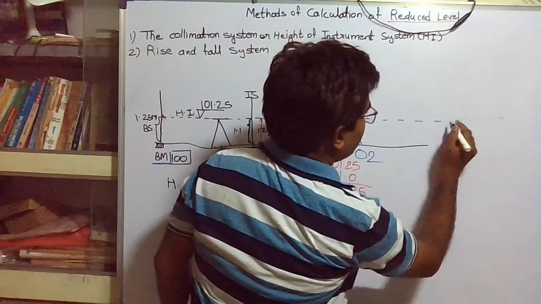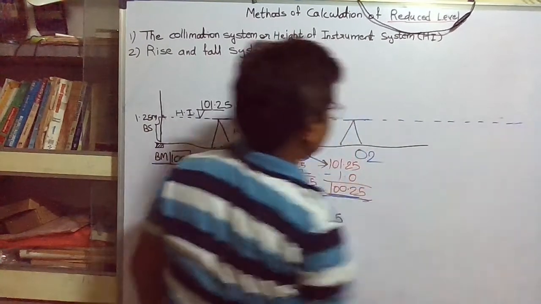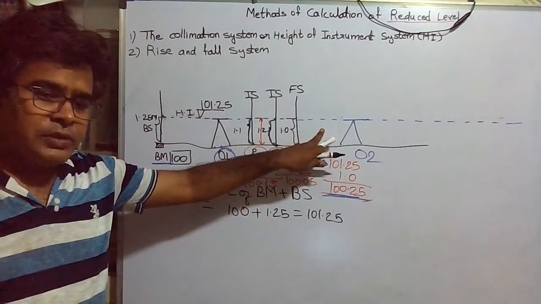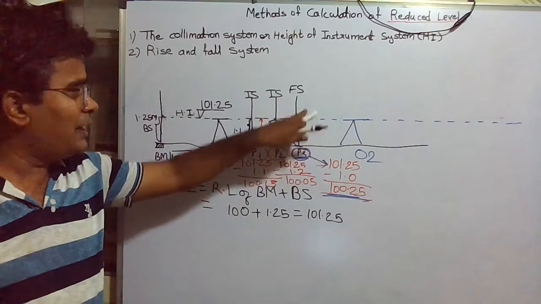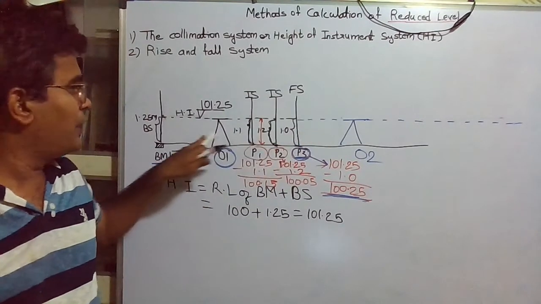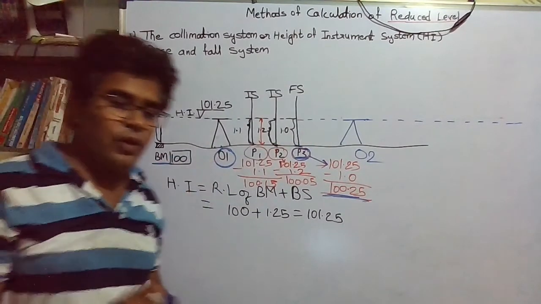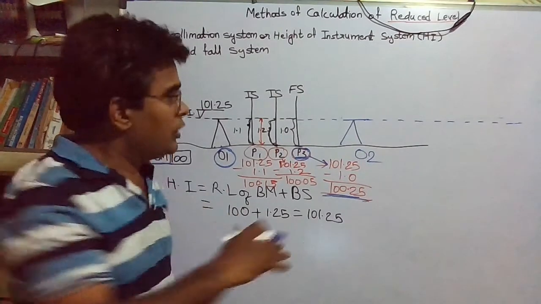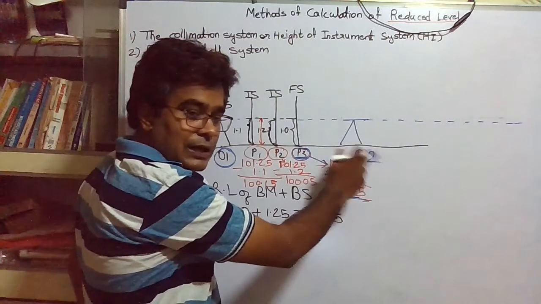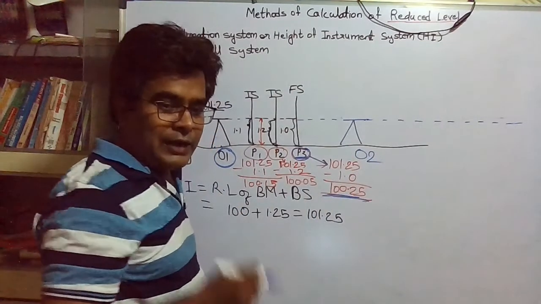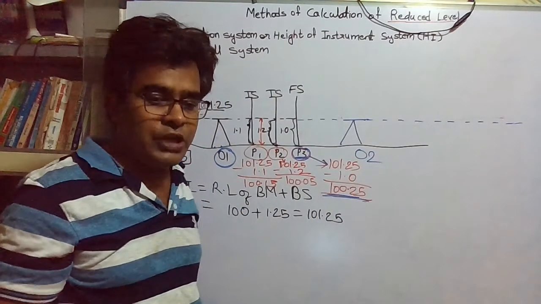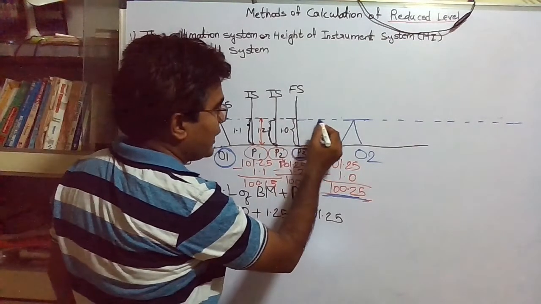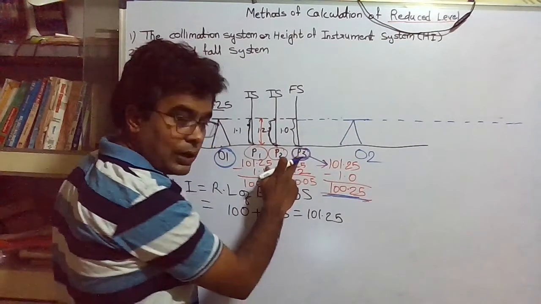This will be our new line of collimation. Will this line have the same height as that of the setup at O1? No, we cannot set the level at the same height. Okay, so here we have set up the level at the new position O2, and then again we have to repeat the same procedure. Now here the first reading we are taking is at the point of known RL.